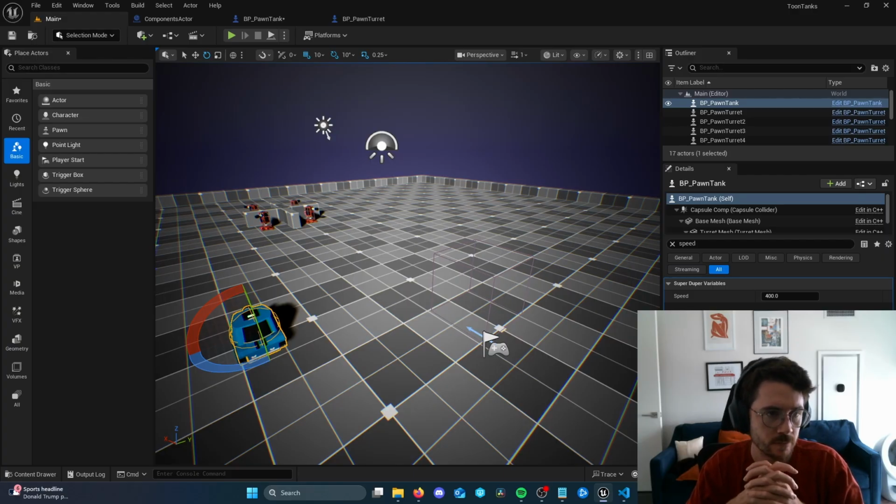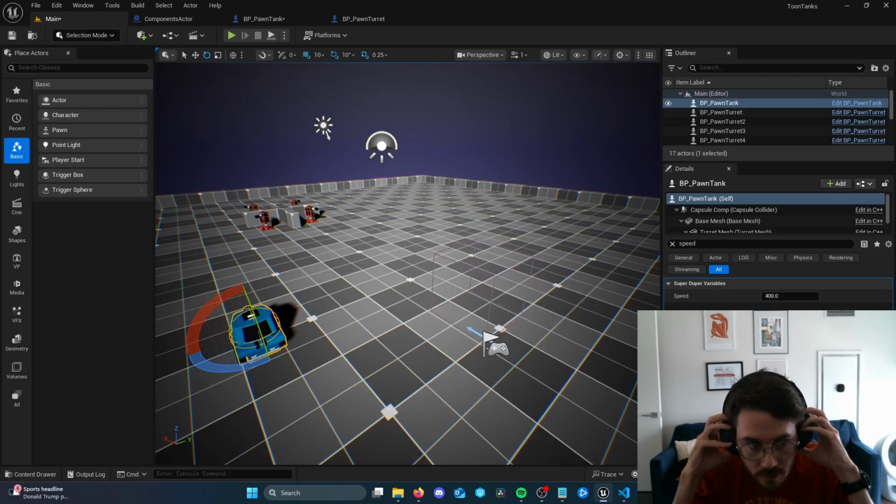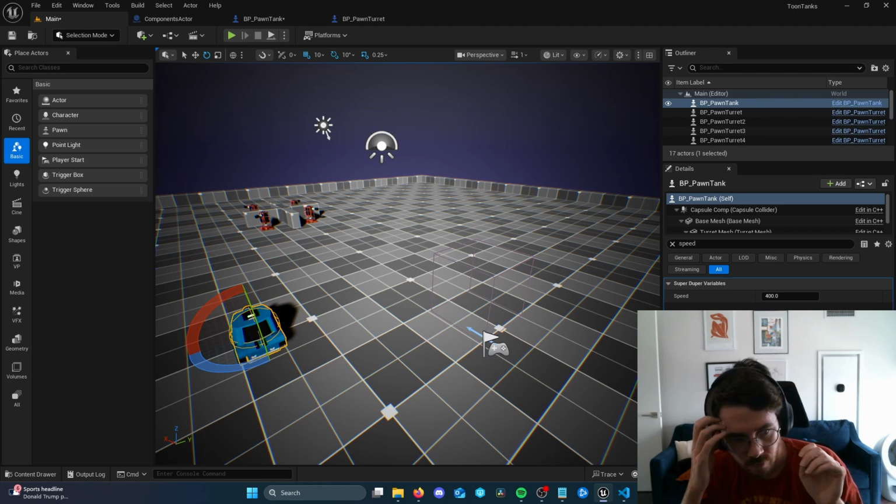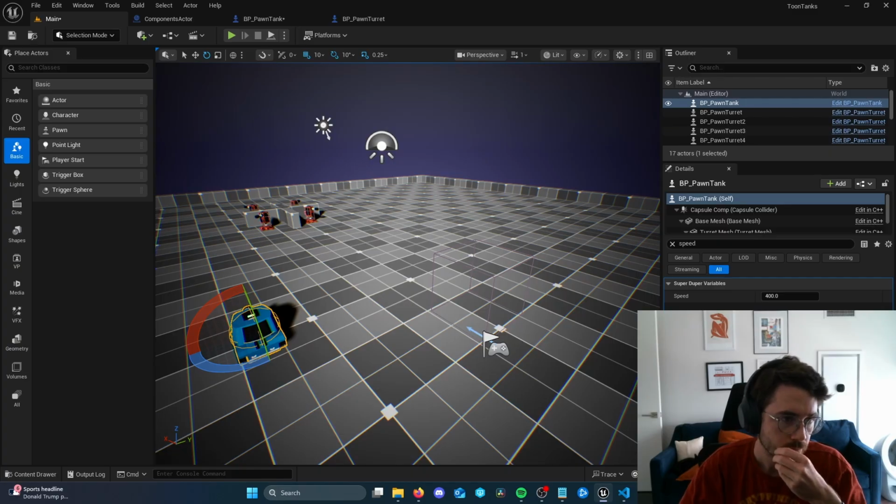So we have this base pawn class, and we know that we're going to have two different classes that derive from base pawn. We're going to have our tank, and we're going to have the tower. Now the base pawn contains meshes, a capsule, as well as a spawn point, and these are things that the tank and tower can both inherit. But the tank and tower are also going to have some functionality that differs from each other. For one, our tank is going to move around in the world, and it's also going to be controlled by the player, so it'll need to be configured to take input from the keyboard and mouse. The tower, on the other hand, is just going to sit there. It has no need for any input from